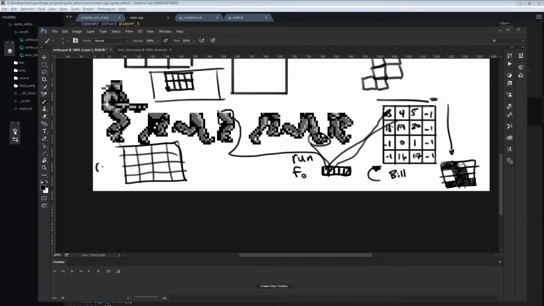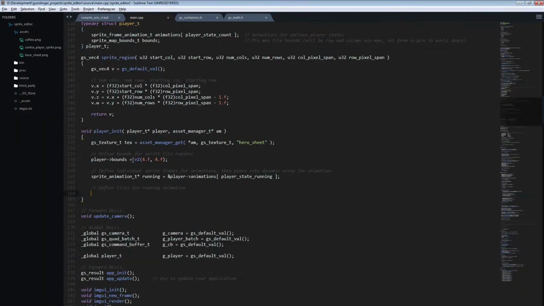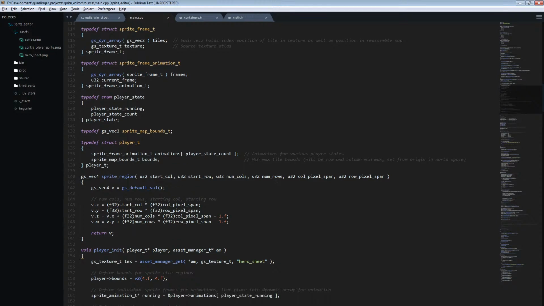So do the second row and the first column. And each frame has a tile, so